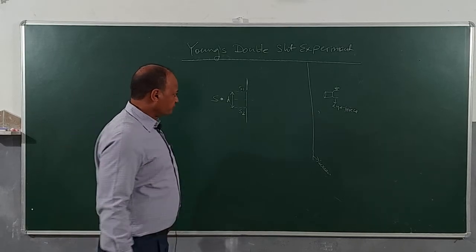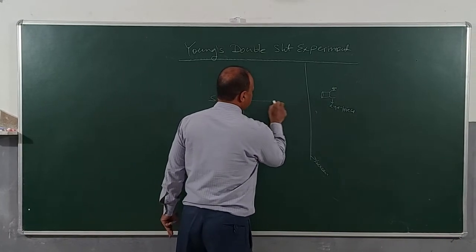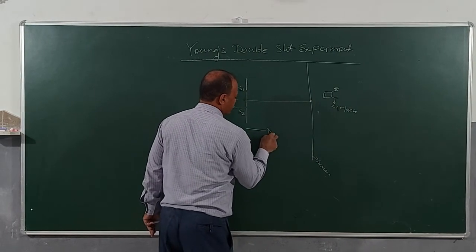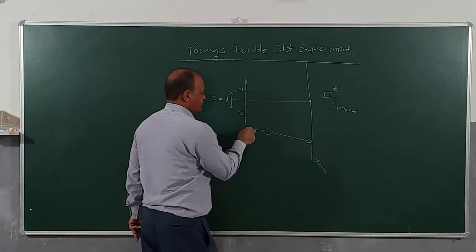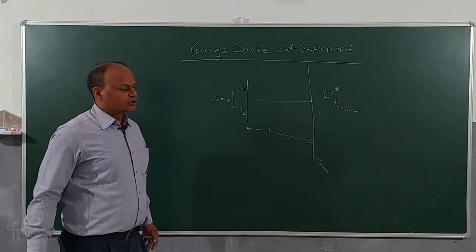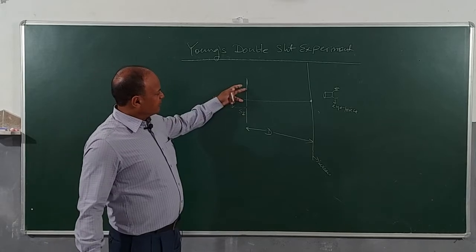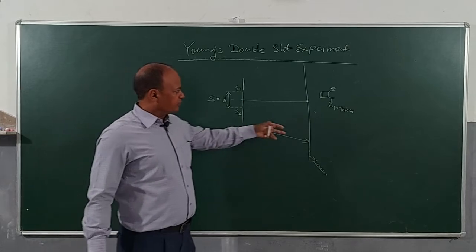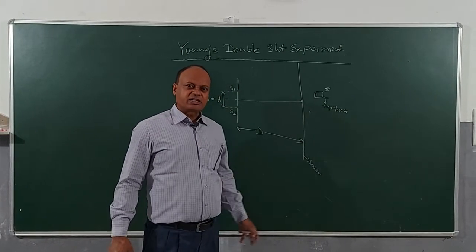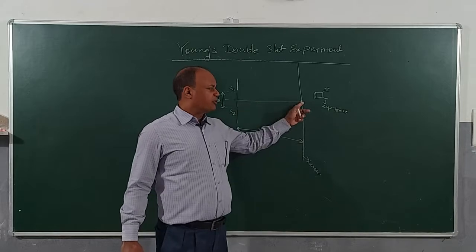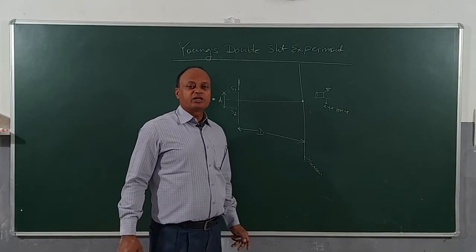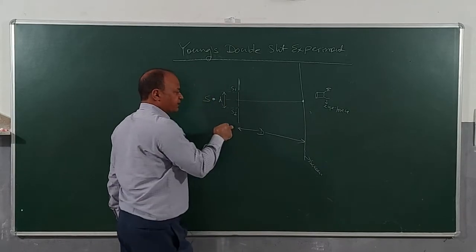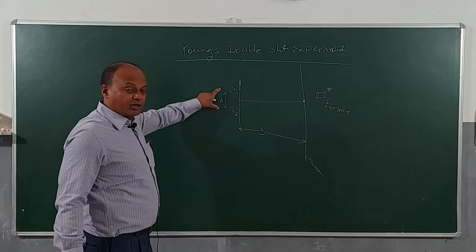Now, take a spot which is placed symmetrically on the screen out here, and I will consider the distance between the slits and the screen to be how much? Capital D. So, children, as the waves come out of these two slits, they will undergo interference, and you are going to find out what? Dark and bright fringes on the screen. Now, what I am going to do is take a spot which is symmetrically located from the two slits, meaning it is located on the perpendicular bisector of S1 and S2, which are separated by a distance small d. Let us understand it.